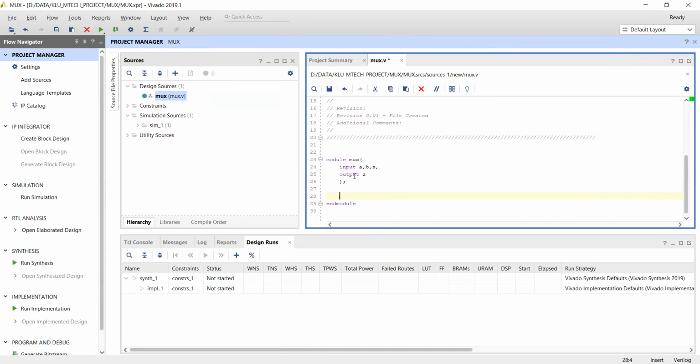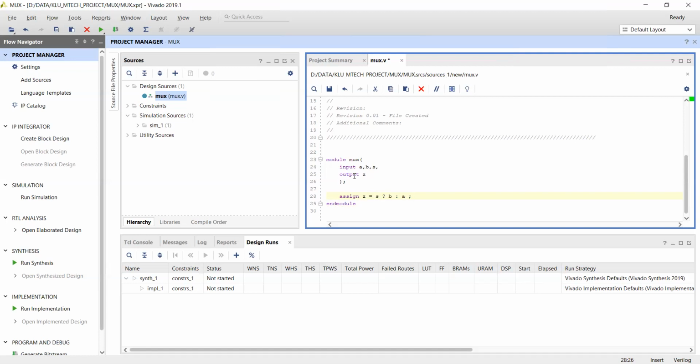So what I'm doing is assign. I'm using the conditional operator here. Assign Z is equal to S question mark, if S is equal to 1, then I want to print B, colon, otherwise I want to print A. That means if S is not equal to 1, I want to print the A value.